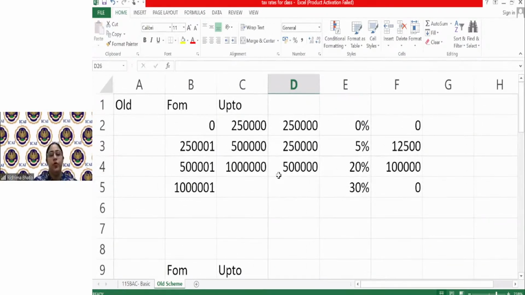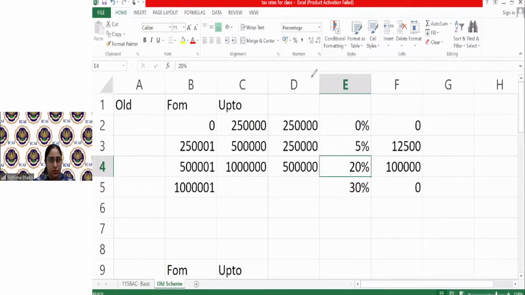So 0 to 2.5 lakhs, as in 0 to 2 lakh 50,000, there is no tax, versus 0 to 3 lakhs. Then 2 lakh 50,000 to 5 lakhs, it is 5%. Then 5 lakh to 10 lakhs, it is 20%. There is no 10% here. And then 10 lakh above, it is 30%. So now if you're opting for the old scheme, the taxes